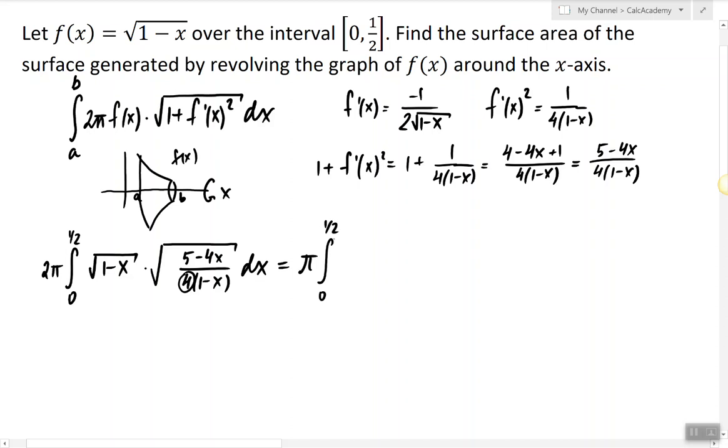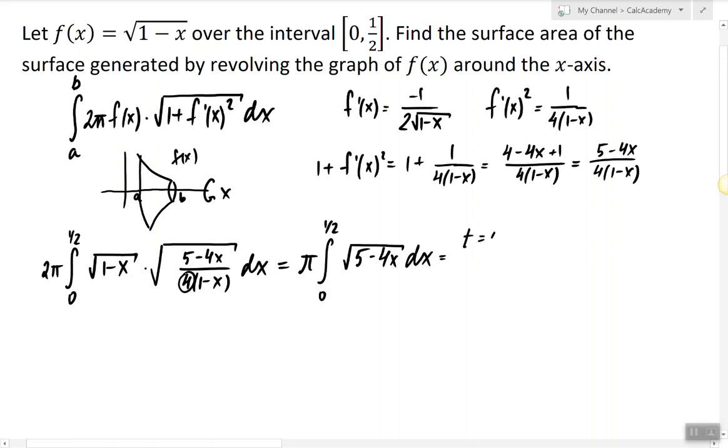And the integral is from 0 to 1/2, and square root of 1 minus x is reduced. Since x is not equal to 1, 1 is outside of the interval of integration, so we can reduce by square root of 1 minus x and just integrate this function. So we can do this by